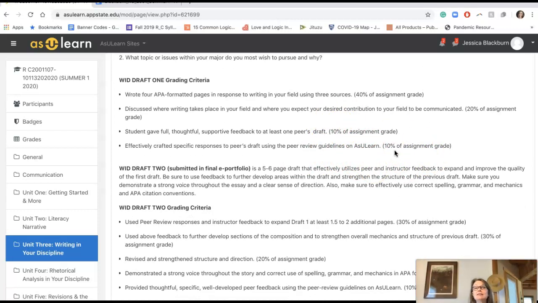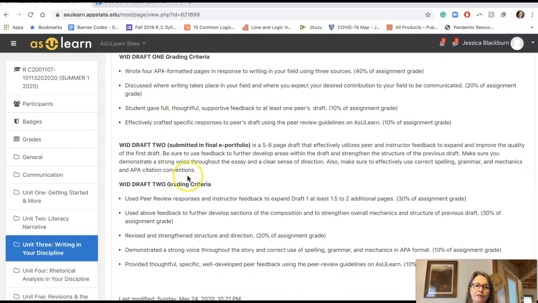And that's because this is a weird assignment. You'll never have written anything like this before. Students are going to feel a little bit overwhelmed with this assignment. You yourself might find that you're grasping at straws and you're not sure. You maybe don't feel comfortable that you've achieved the goals of the assignment. So by really sitting with your peer review and giving thoughtful feedback, you will be doing your peer that favor of addressing their draft, but also it will help you orient yourself to your own draft and understand where to go from there in terms of your own revisions for draft 2 that will be submitted through the final portfolio.